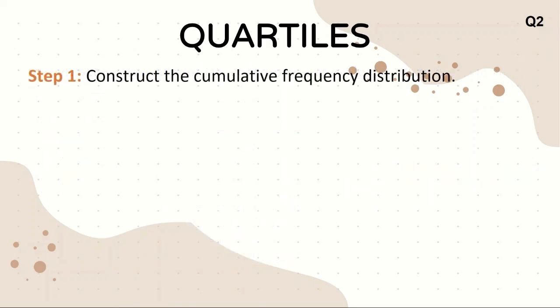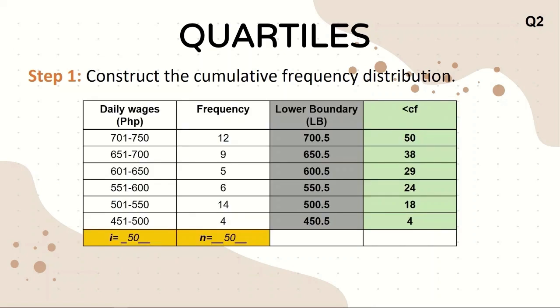Now, for quartile 2, we have to find quartile 2. Step 1, construct the cumulative frequency distribution table. Same as in quartile 1, we are already done with the cumulative frequency distribution table. So, here is the